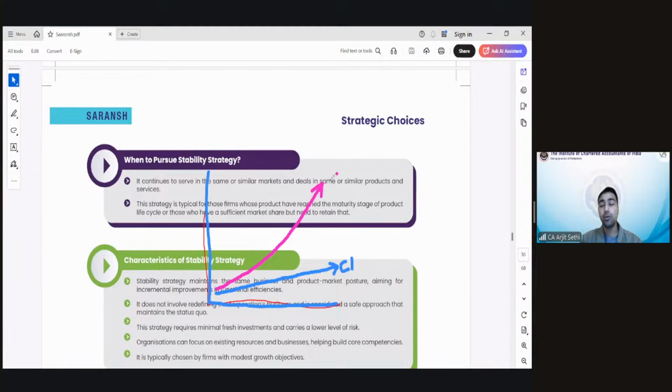What is company 2 doing? Growth strategy or stability strategy? C2, which is company 2, is in growth strategy. Very simple. Stability, again, let me define this. Stability does not mean you're not growing. It's just that you're not growing fast enough. You're still growing. 2-3% growth is also growth. Very nice. All of you know this.